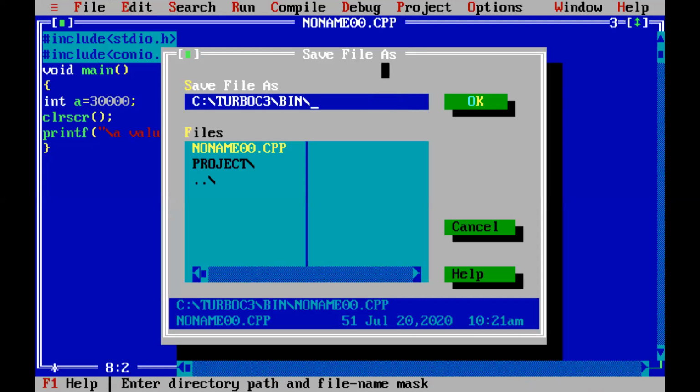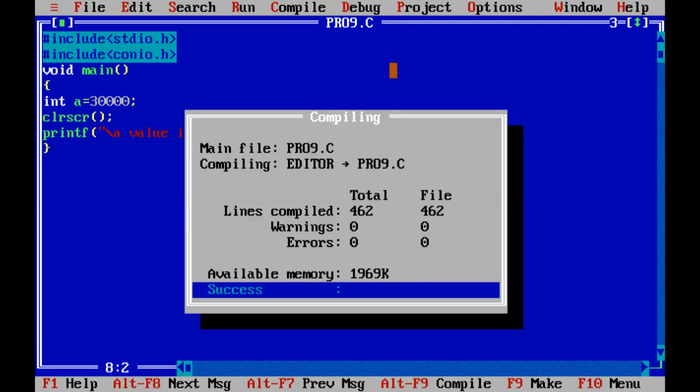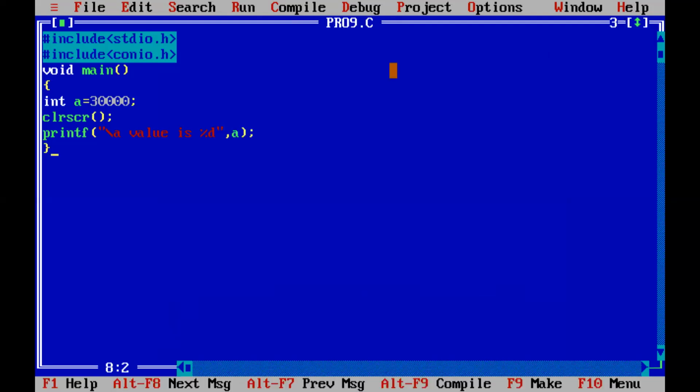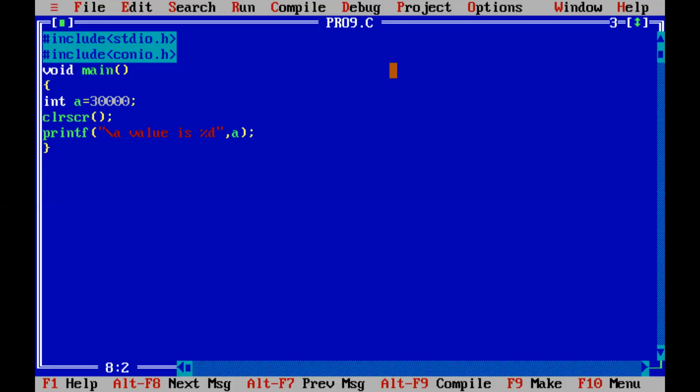Suppose program 9.c. That is my program. Just compile this program. Alt F9. No problem. Control F9. Then what is the output? Value is 30,000. This is your output. Now I will give